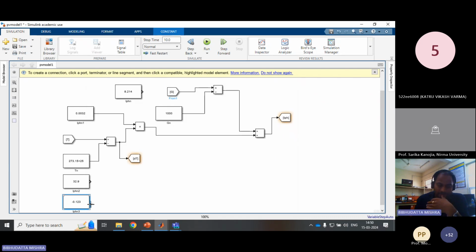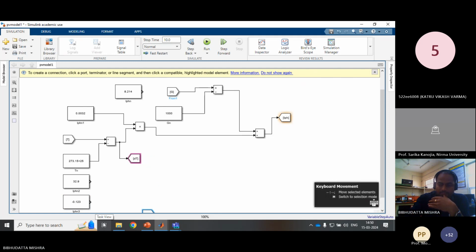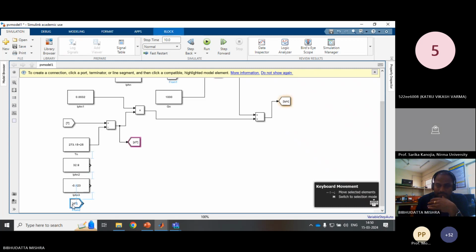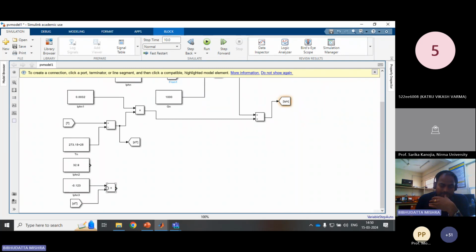So KV into delta T. Directly I can take one from block here, that is dt. dt into KV, added with